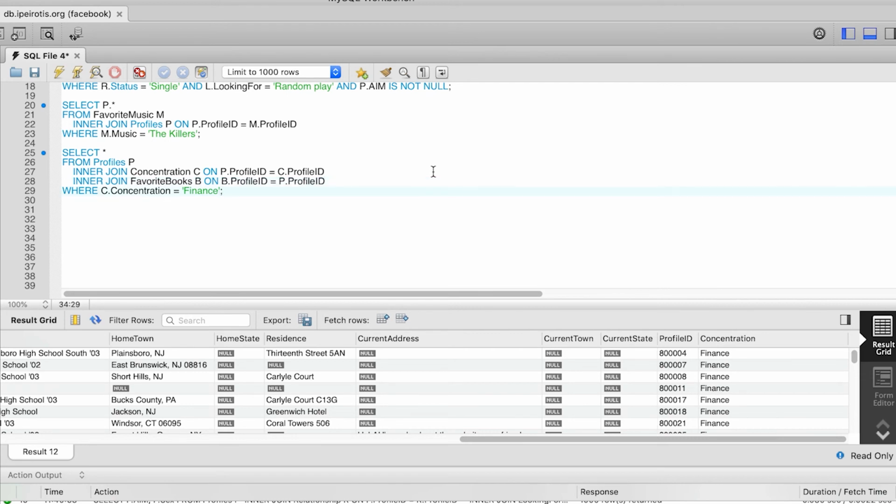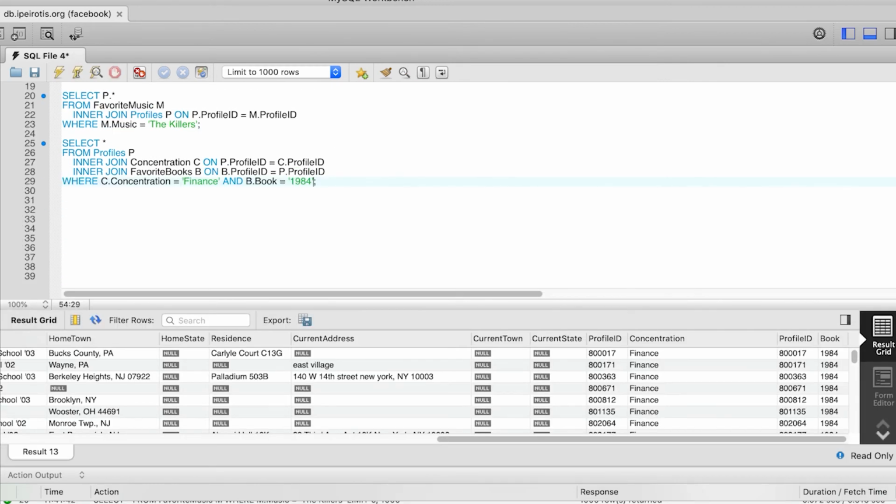Finally, now we specify that the favorite book needs to be 1984. So we go and modify the where clause, and we add and b.book is equal to 1984. We execute this query, and you will see that we get now the students that are majoring in finance and list the book 1984 among their favorites. You will see that we have 64 students that satisfy these conditions.